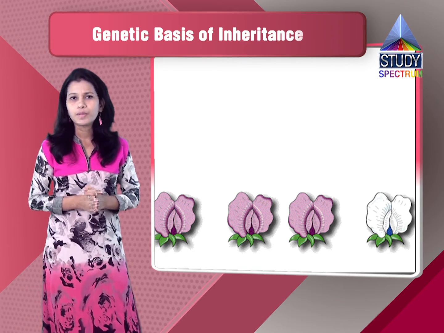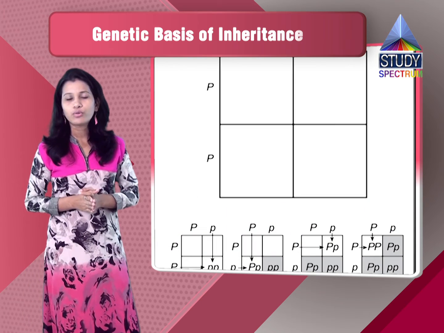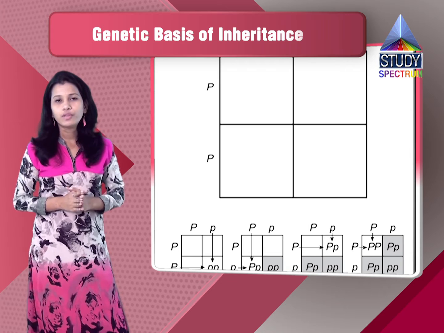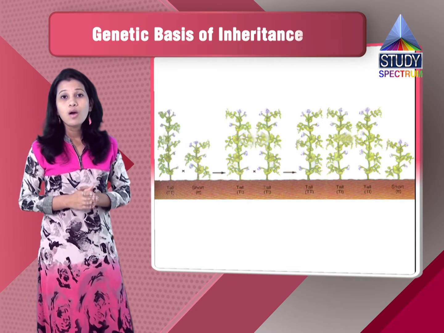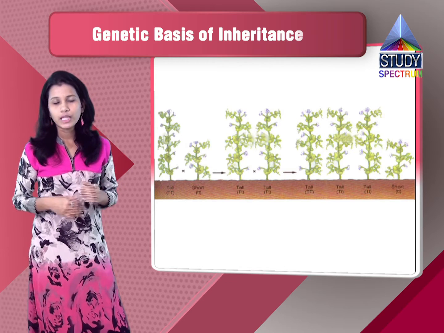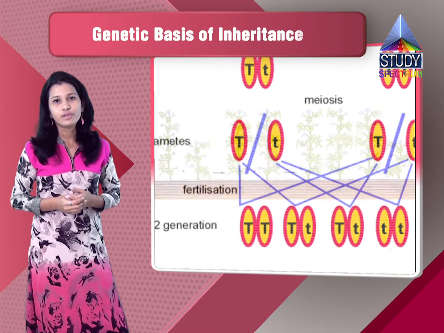He also used a Punnett square, that is a probability box, to find out what can be the probability of the next generation, that is the F1 generation. If they are finding that, then what will be the product that we will get from the F1 generation, and what will be the F2 generation out of the F1 generation.